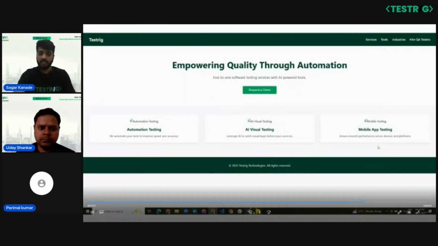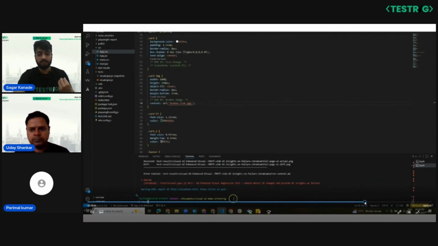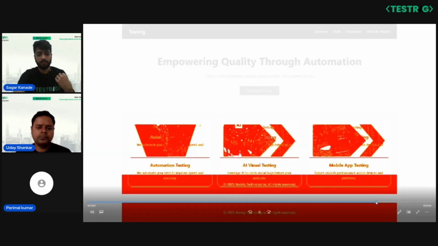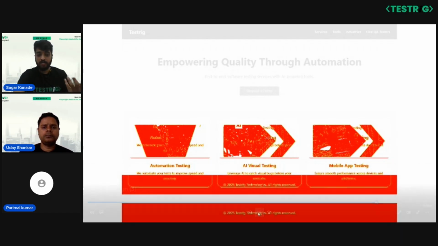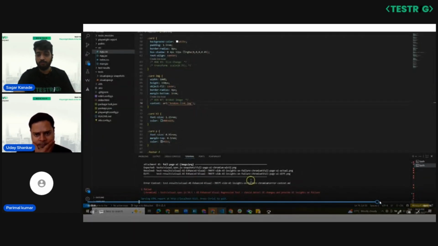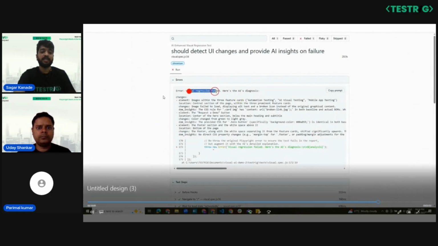Going forward, here is another example where I had intentionally added broken images. To get insight into that particular change, this is what Playwright had given us as output for broken images. Again, not at all helpful, and not sure what exactly has changed. But here is the AI analysis for that particular change